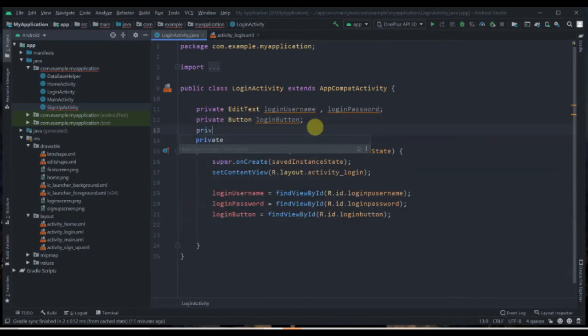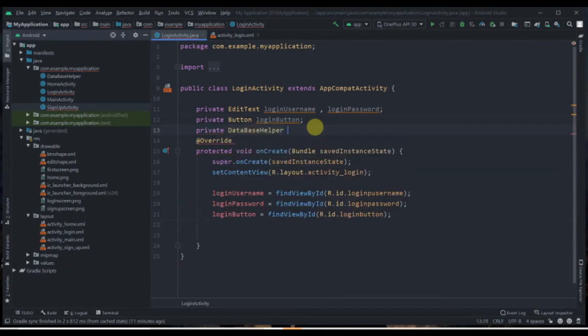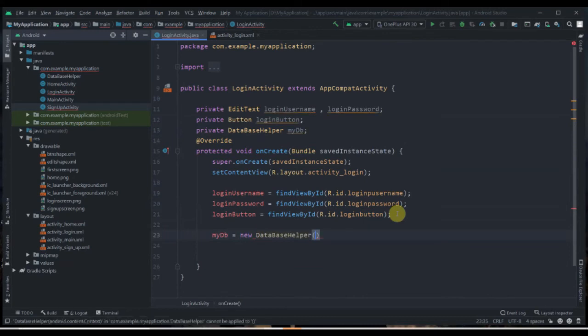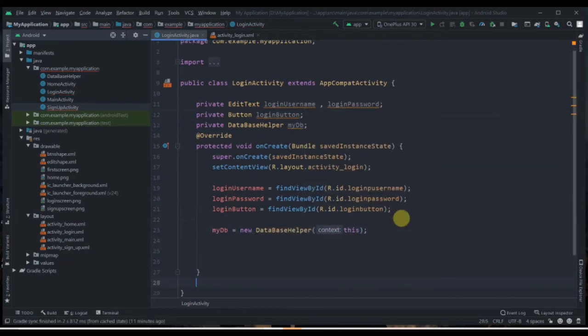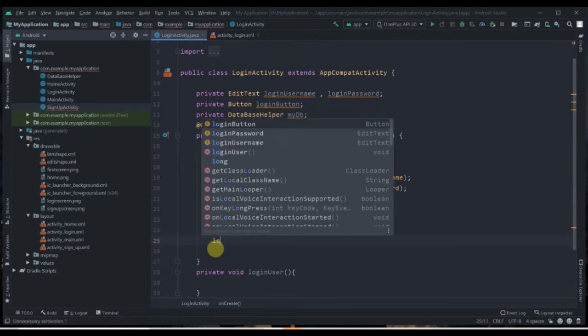Now we have to create one database reference instance. So DatabaseHelper is myDB, and let's initialize it. So myDB equals new DatabaseHelper, and we'll pass the context as this, and we'll run here a method that will be private void loginUser, and we'll just call it here. So loginUser,